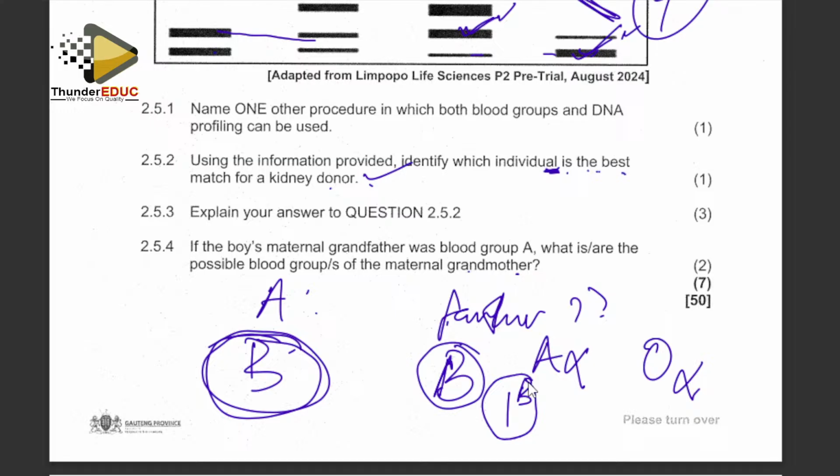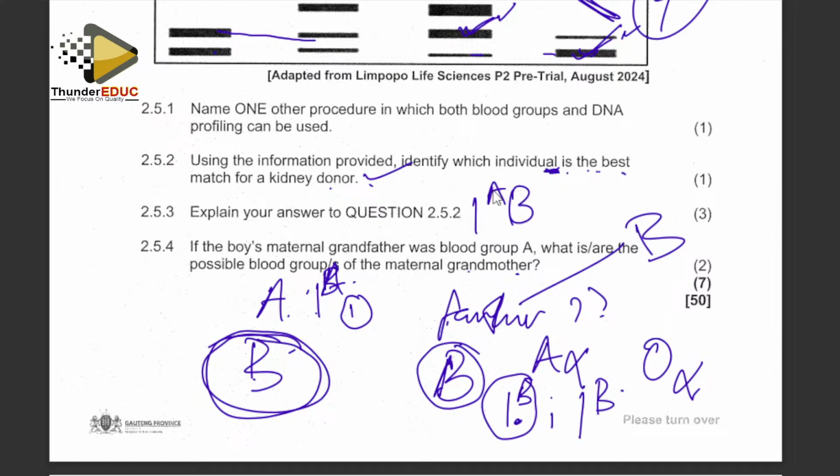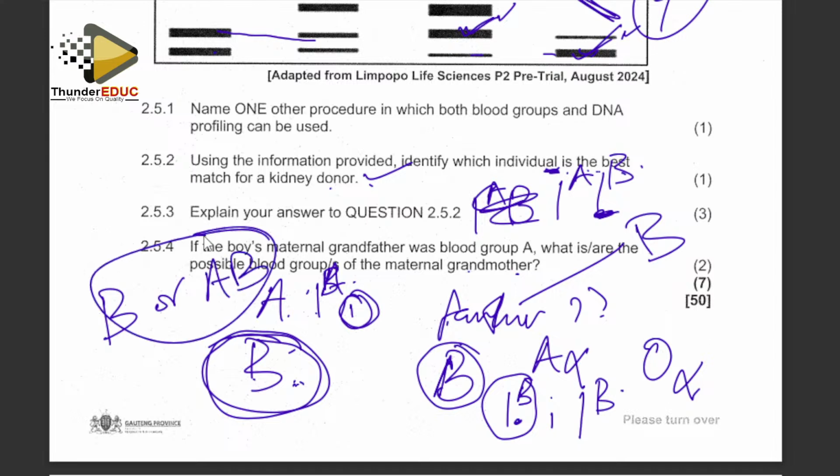Yes, like this. Because it can be heterozygous or it can be homozygous. So one of it can combine with A. If it was heterozygous, this can combine with this, you form B. So the father could be blood group B. What about if the father is blood group AB? If you look at it, this can combine still with this and still form blood group B. Meaning that the father can either be blood group B or blood group AB. So that is the answer.